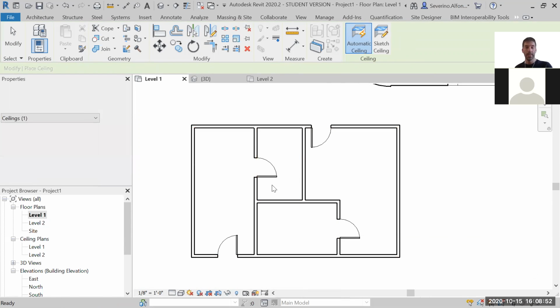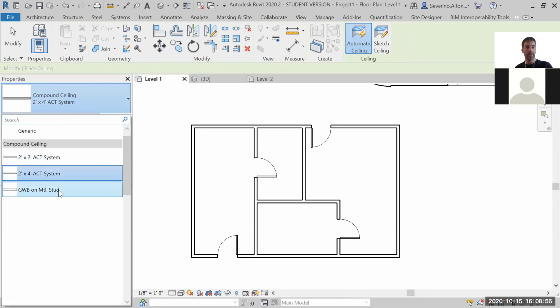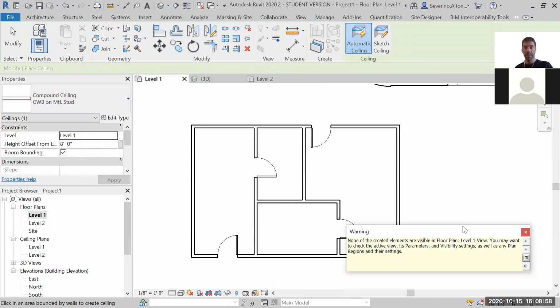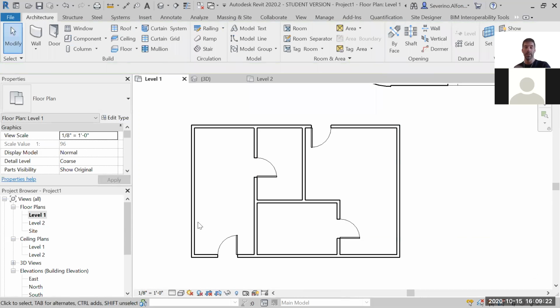And what is it saying when I click ceiling and on the room, a different type of ceiling? It pops out a message saying none of the created elements are visible in floor plan. Again, it's important to read the stuff that Revit tells us because almost always it's useful. What it's saying is that you can't see it. When you create it here, given that you created it on the floor plan, you can't see the ceiling that you just placed. That makes sense because the ceiling is seen on a ceiling plan,